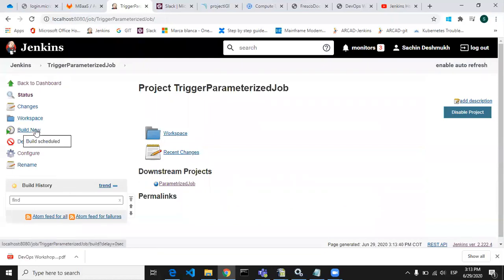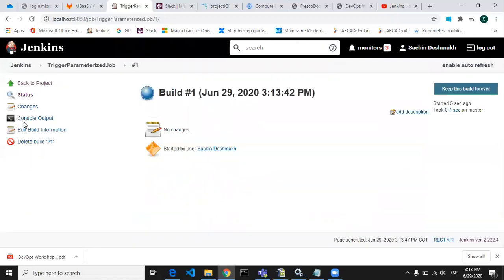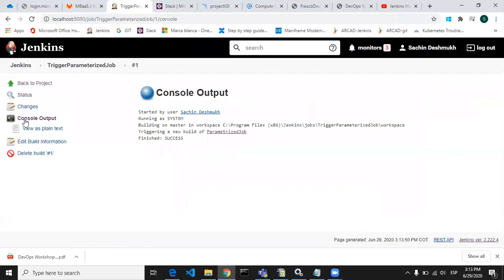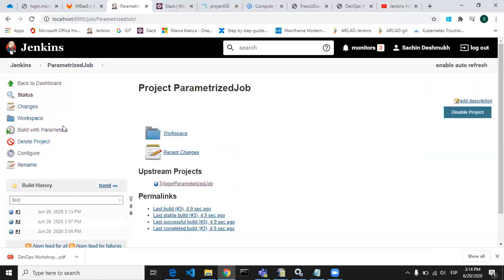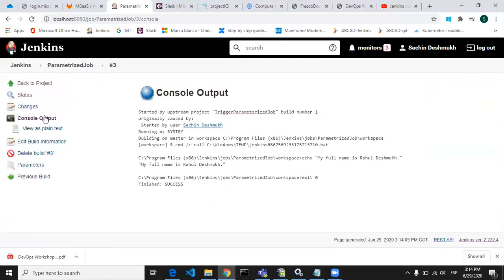Let's build it. So this build has started and it has triggered a new build of the parameterized job. If you go to the parameterized job, this is the third build which has started.